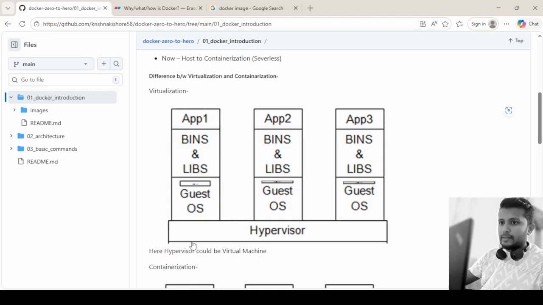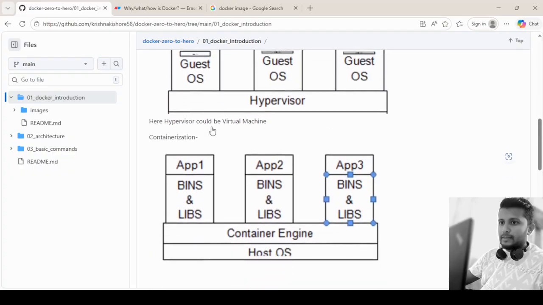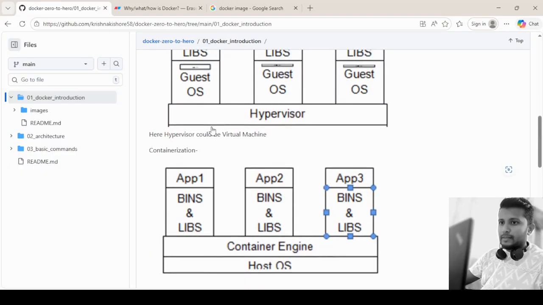So to resolve this big issue, we have containerization in the picture. If you see the difference between these two pictures, the only major difference is that we don't have the complete operating system over here. Over the base machine, we have the Docker engine or the container engine. Over that, we are setting up several containers.